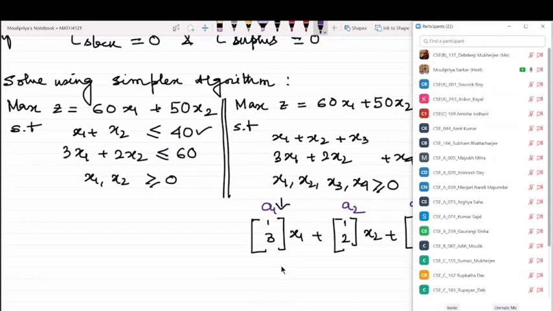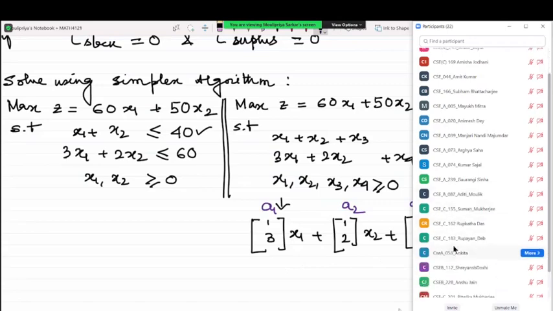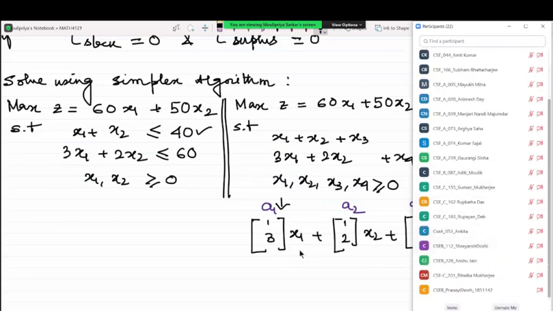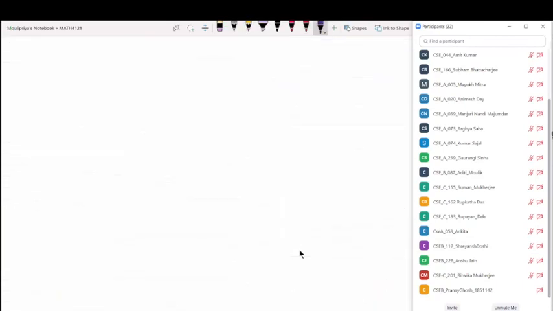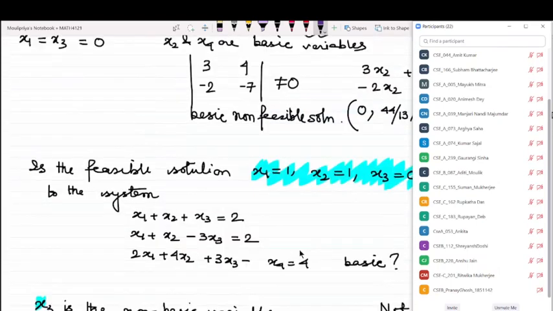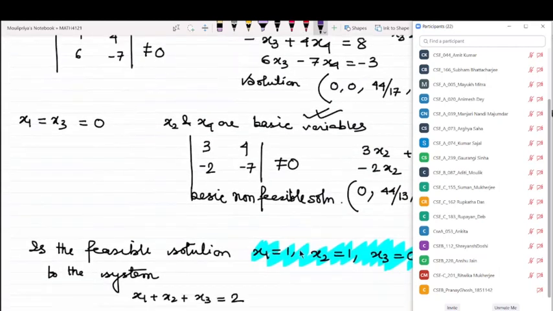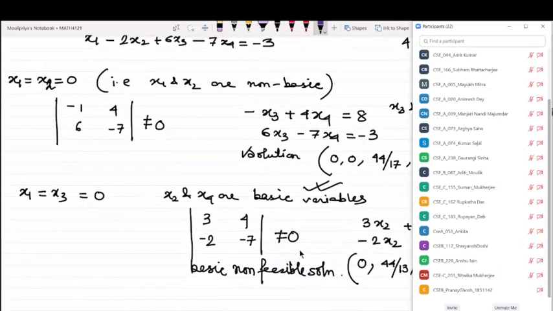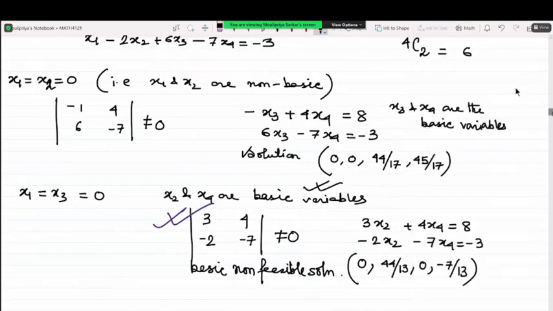Now you tell me, how do we prove that our choice of variables is basic? It was something to do with determinants. Do you happen to remember that it has something to do with the determinants? How do we find that x2 and x4 were the basic variables? What was the criteria?